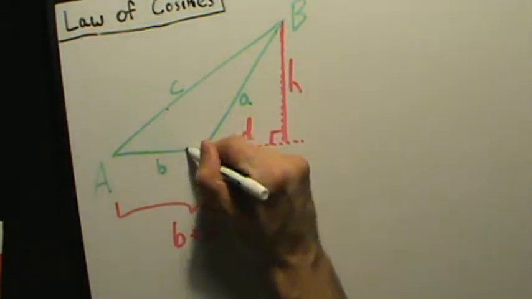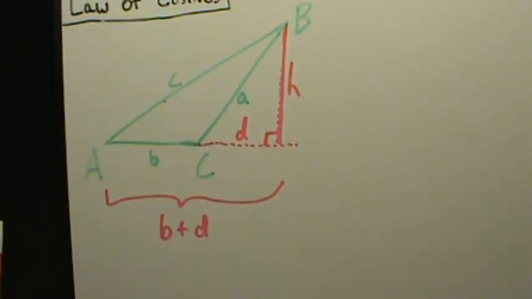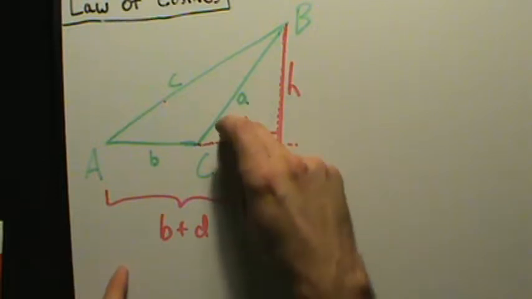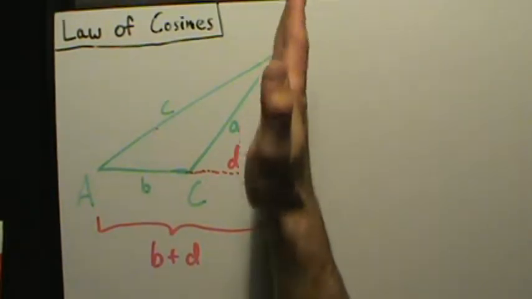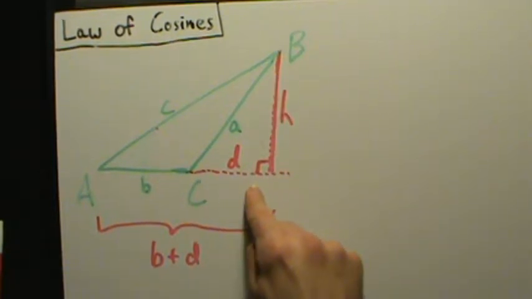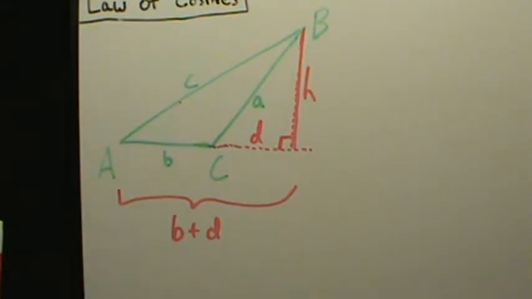So already we see it shaping up to be a little bit different from the acute case. In the acute case we had the whole thing being called something, and then this would be B minus D, and so on. The difference is because we had to drop the perpendicular outside of the triangle, now we have this extra piece here. Okay, so anyway, now we're going to apply the Pythagorean theorem, and the Pythagorean theorem in this case tells us,